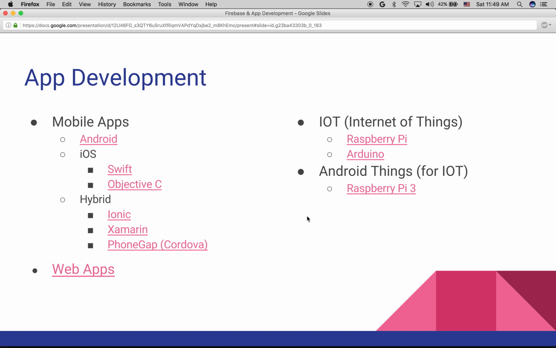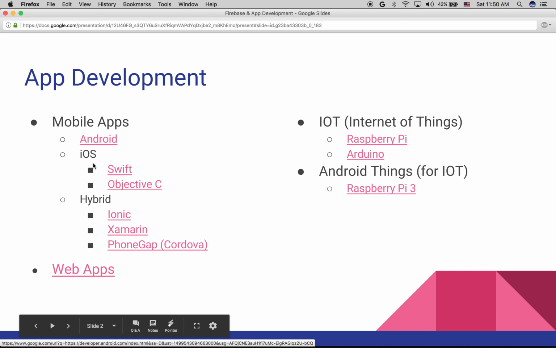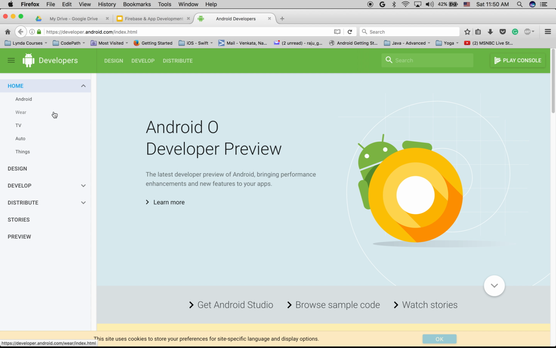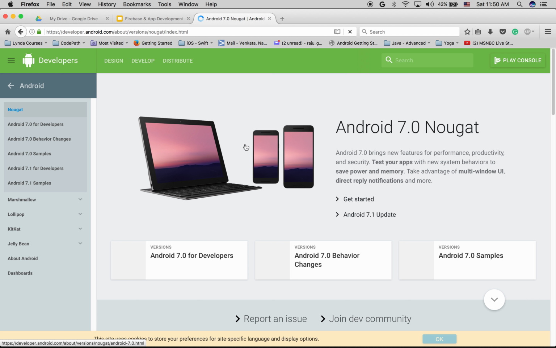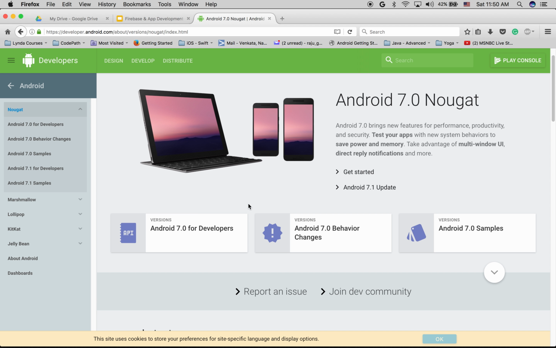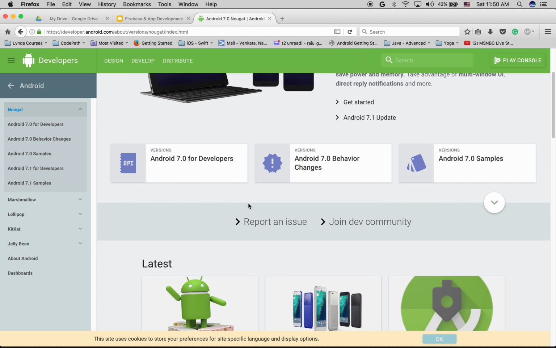Okay, let me give a very high-level overview about Android. Pretty much it's a native application. Android has a lot of documentation available, and Google is providing this Android mobile platform. It's open source, and for every item you're seeing here, I provided the link. You can click on the link and it's going to open Android, and you can see where you can download Android, how you can learn, what new versions are available, and what's new going on, and all that.